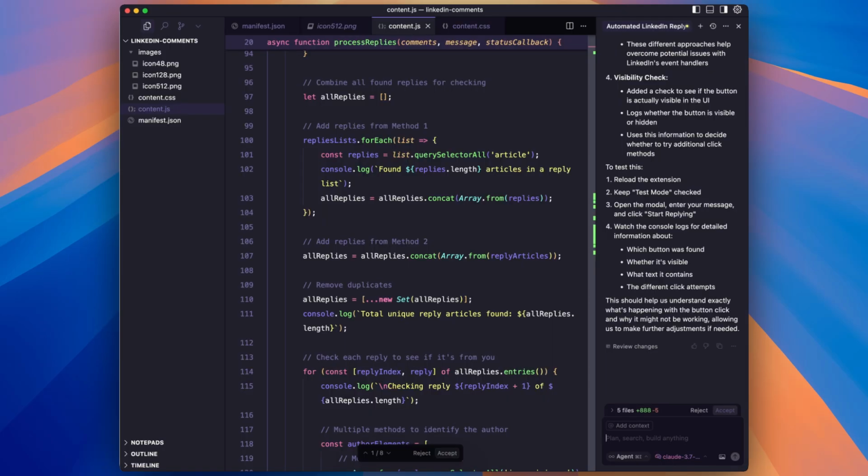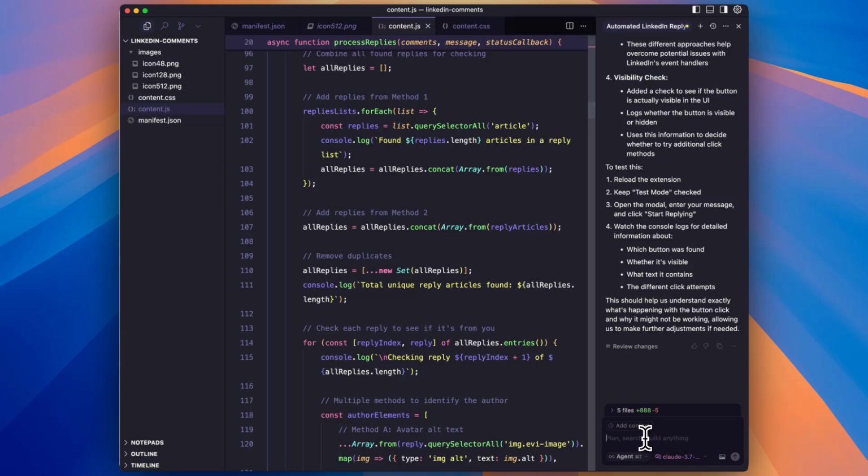Okay. Okay, that worked. What do I need to do now to be able to just send this to everybody? Is it as simple as just disabling test mode and it'll do it? Or is there something else we need to do?